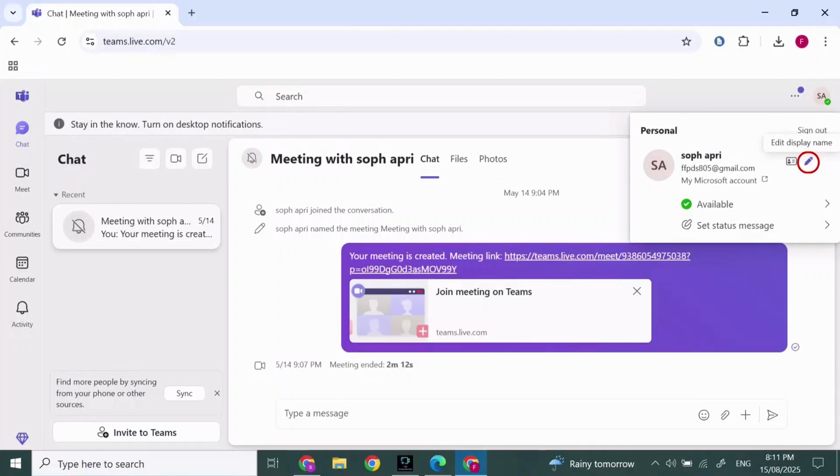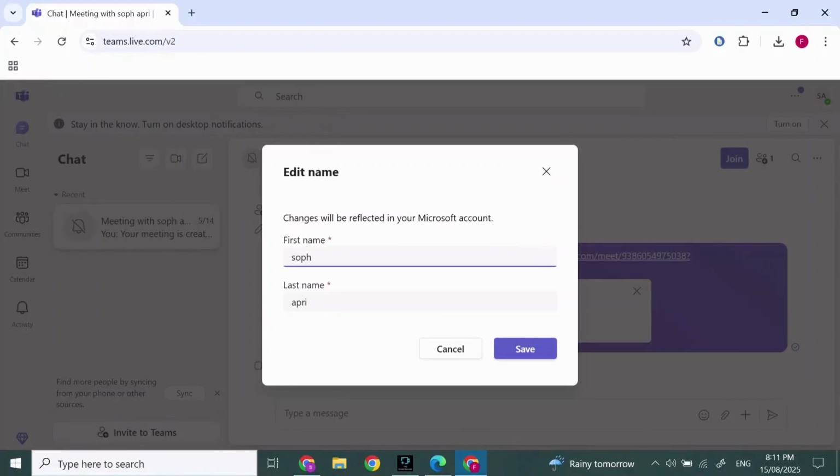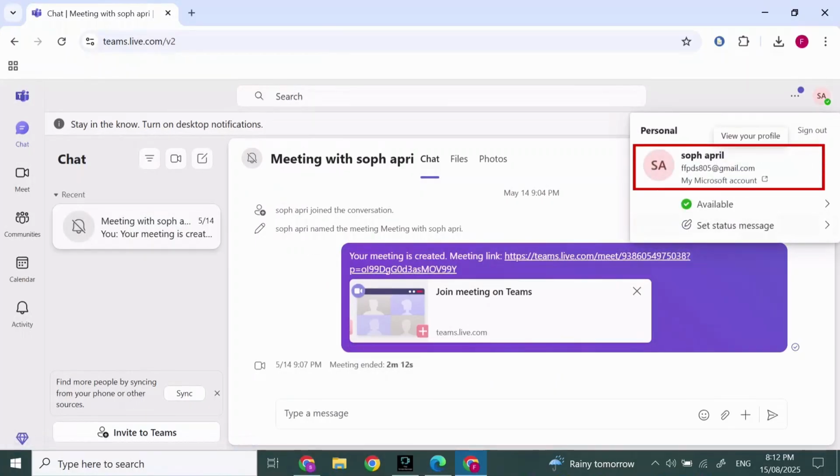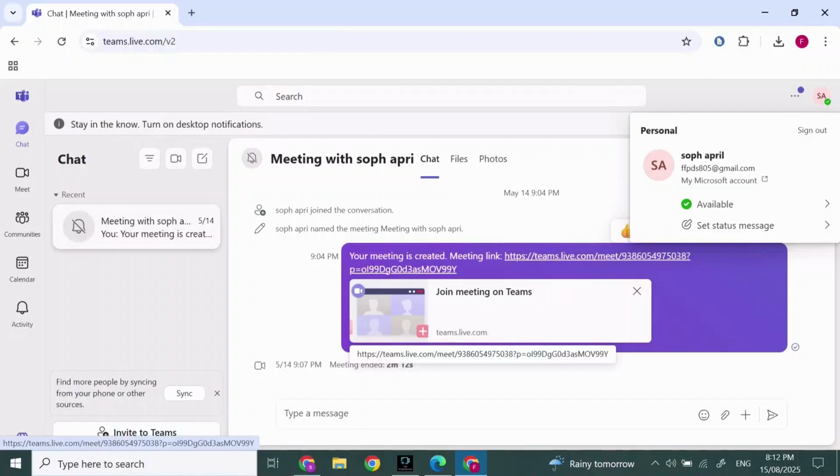Click on it. After you've clicked on it, you can change your first name and your last name. After you've changed it, press Save at the bottom. After you've saved your name, you can simply reload the page if you're on the web page. After you're done, as you can see, my name has been changed, and this is how to change your name